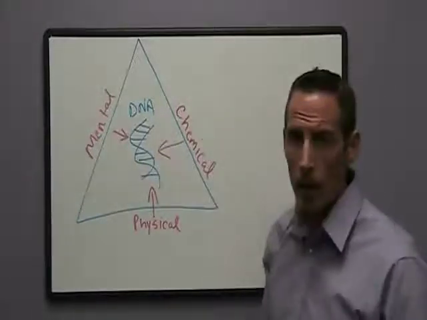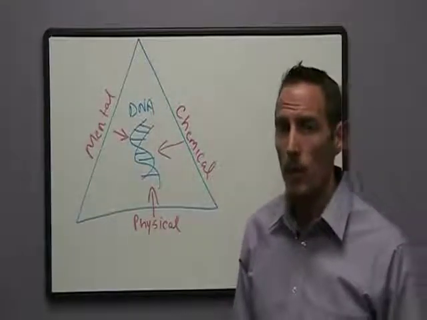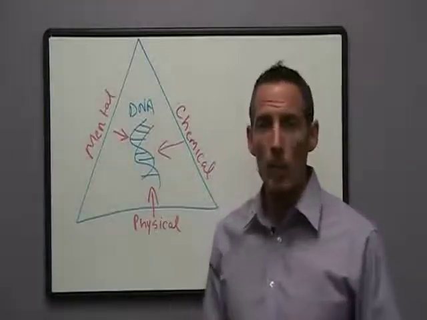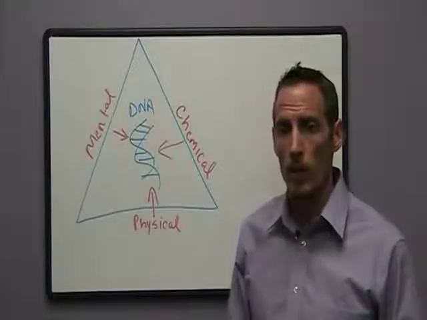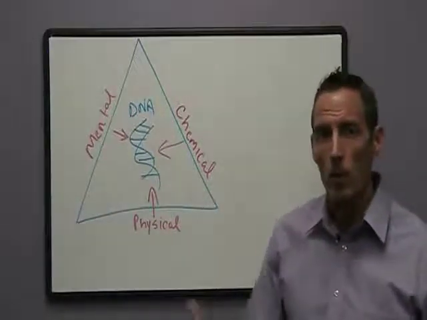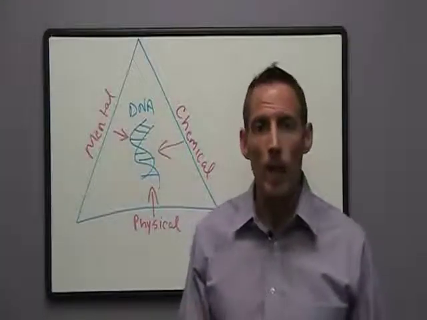Additionally, we have the chemical side of the equation, and biochemistry is what we're referring to. And chemistry is basically two things. It's things that come into the body that affect us in a negative way, or things that come into the body that affect us in a positive way. So, for example, pollution in the water, pollution in the air would be two influences that have a negative overall